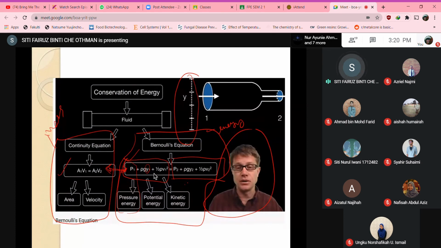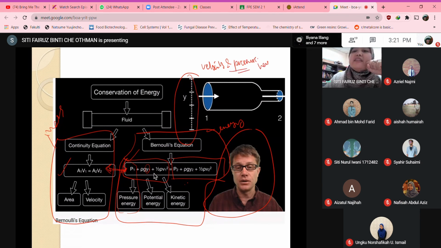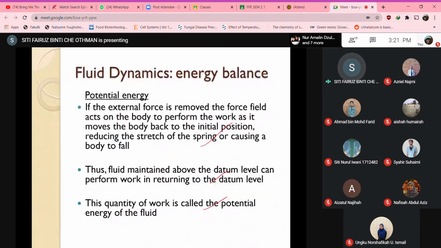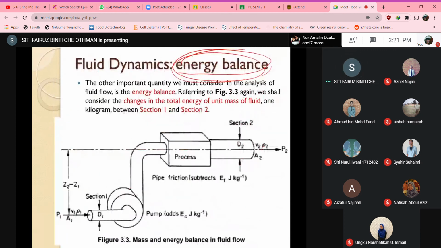You just need to know Bernoulli's principle: if you reduce the diameter here, the changes in velocity and pressure depend on the height and also the diameter. Sometimes, if we look back at 3.3,